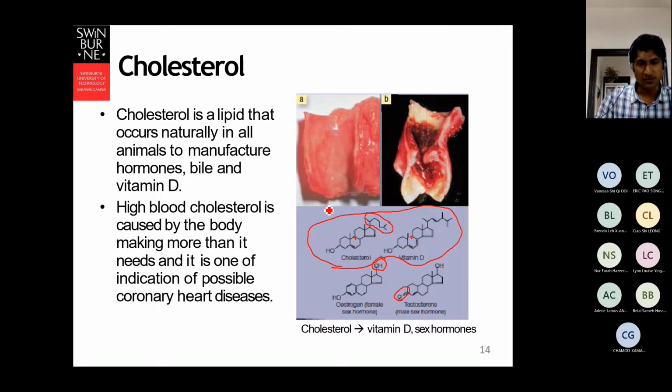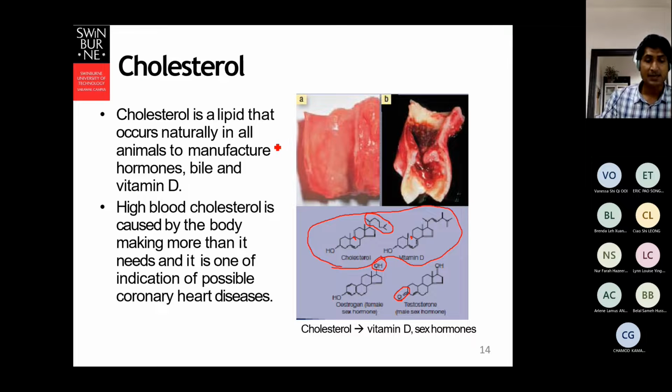So we have to go to the sun to produce vitamin D, and thus it will produce the sex hormones. But if there is too much, it starts to stack up in our blood vessels, the coronary blood vessels. Not only the cholesterol, actually, it is the shock that our blood vessel gets. Different types of shock, different ways of stress and tension, and it gets cracked, so calcium starts to build up there, and that is how our blood vessel gets